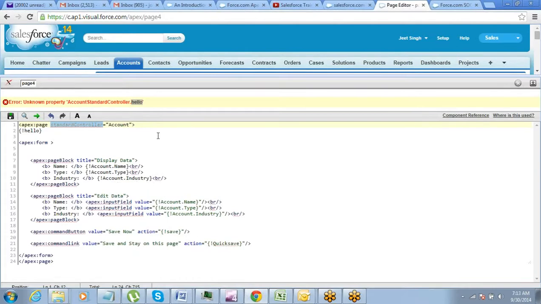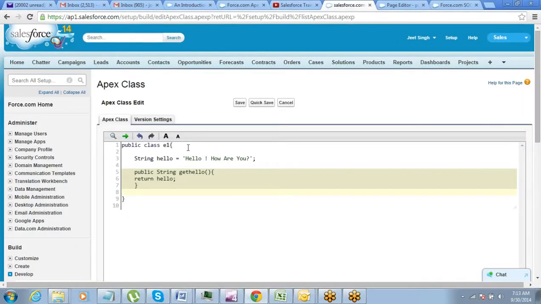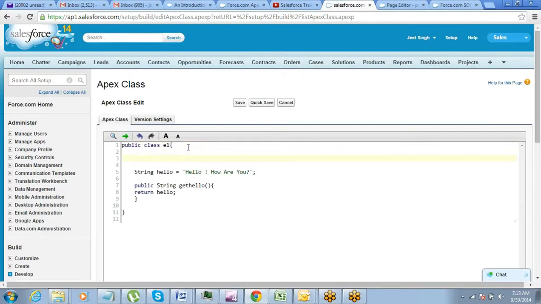Right? So the solution, so that you can use this part as well as this method, is you have to call it as an extension. So call E1 as an extension. Correct? Let the base controller or the primary controller be there and use your class as an extension. But before you can use any class as an extension, you just have to define in the class itself that you would want to use it as an extension. So you just have to define a small constructor here.